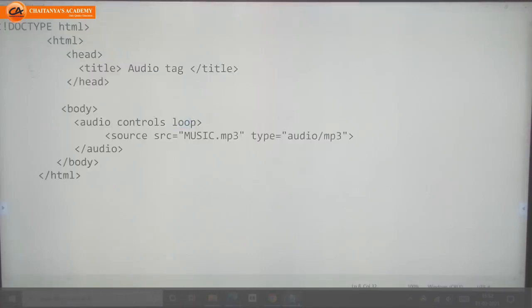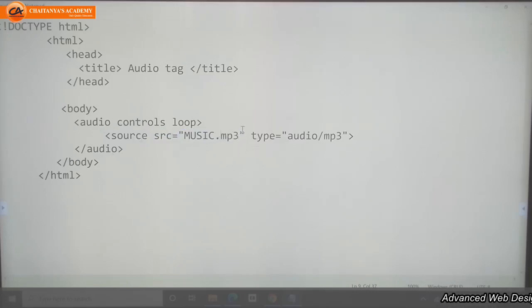So, the use of the audio tag. How can we use the audio tag? By using the word audio in the less than and greater than symbols. This is the audio tag. It needs one more tag, that is the source tag. The source tag is simply used to call the file. So we need one music file which has the .mp3 extension.